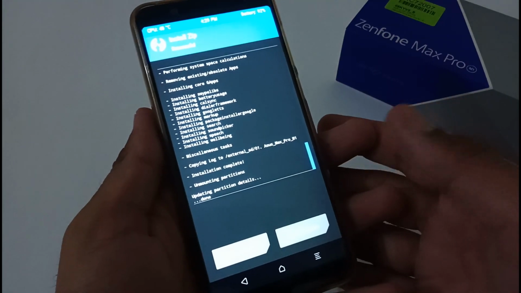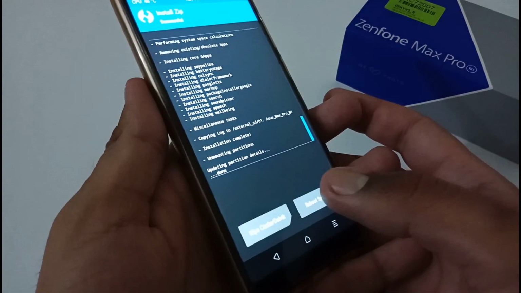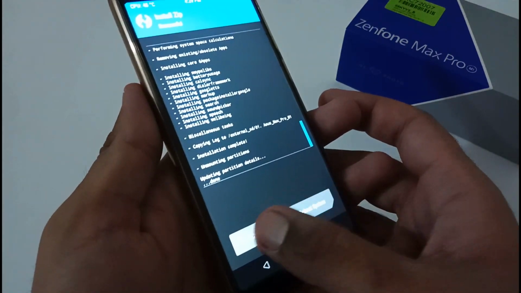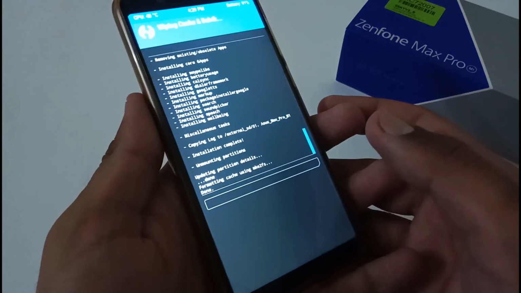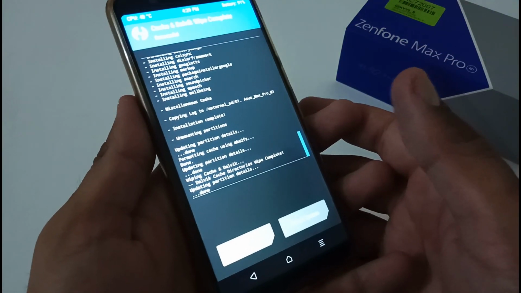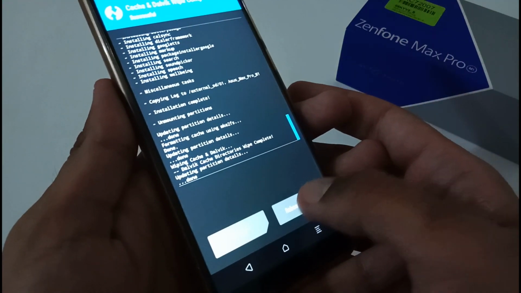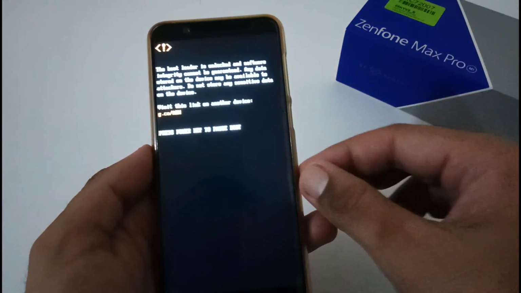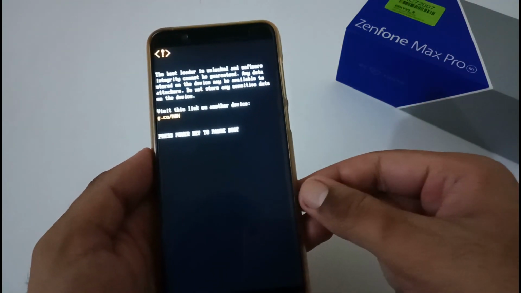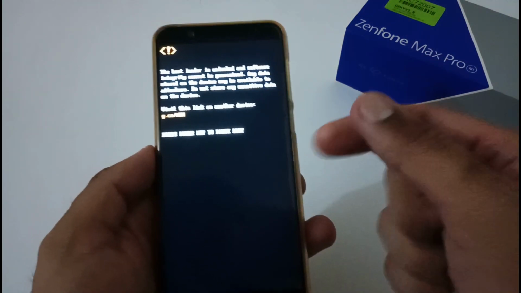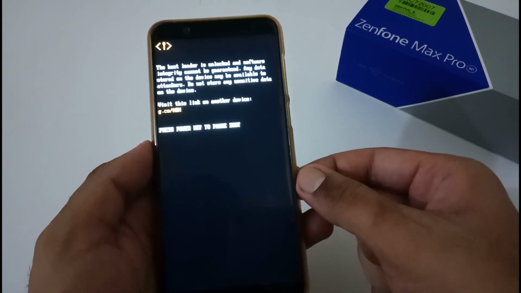So finally the installation of GApps is also completed. Again we are having two options, wipe cache/Dalvik and reboot. Again I'll prefer to tap on wipe cache/Dalvik so that all the junk files behind this installation will be cleared. Now we are good to go with the reboot system. If someone wants to flash Magisk, then I will always prefer to do it once you set up your phone successfully. Afterward you are good to go with the Magisk installation.